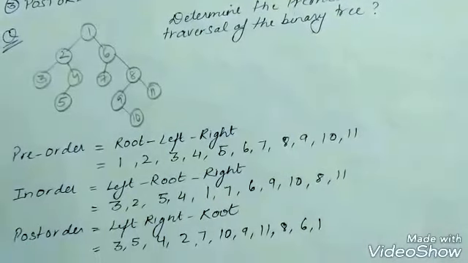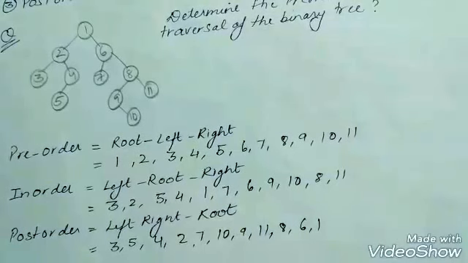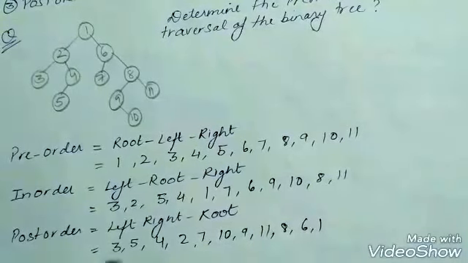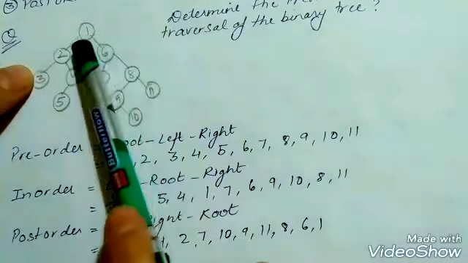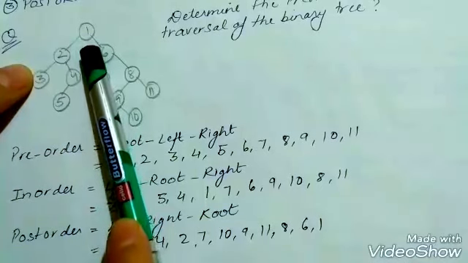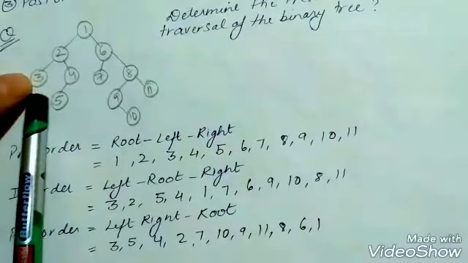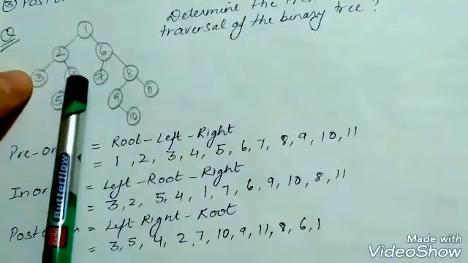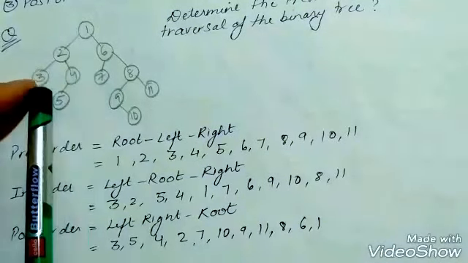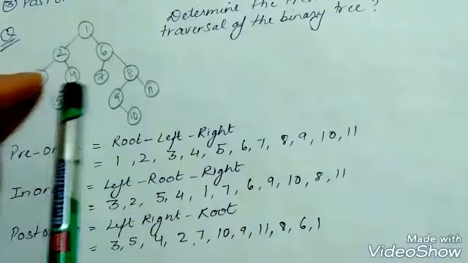In a similar way, we take the post-order, and this time we take the left side, then right, and at the last we take the root. So here we can see that we have this as our left, this as our right, and this is our root. So the root will appear at the end. Firstly, let us talk about the left side. In this also, left, right, and then root. So we go to 3, which is in the left side. So we take it first, we write it down here. Then we move to the right side.